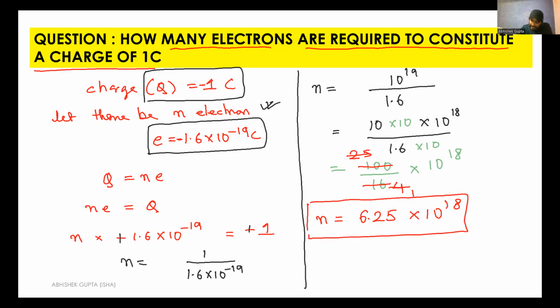तो अगर आपके पास इतना इलेक्ट्रॉन्स है, that means you have a charge of 1 coulomb। Please remember this, 6.25 into 10 to the power 18 electrons। If you have 6.25 into 10 to the power 18 electrons, that means you have 1 coulomb of charge। Great, let's move quick now।